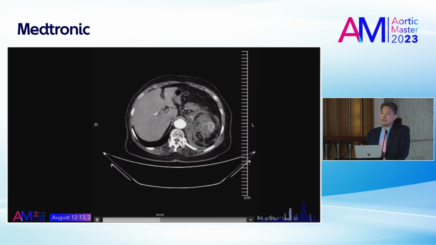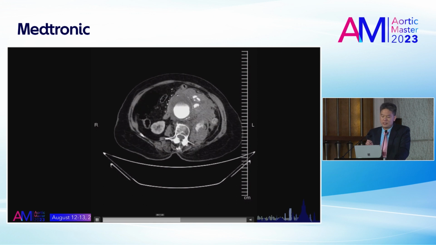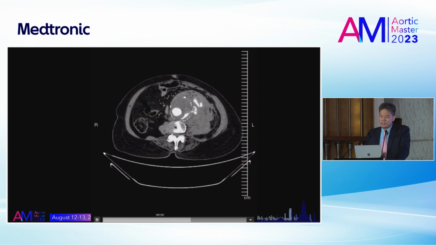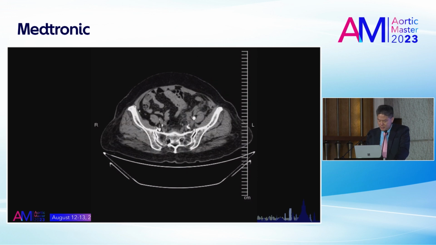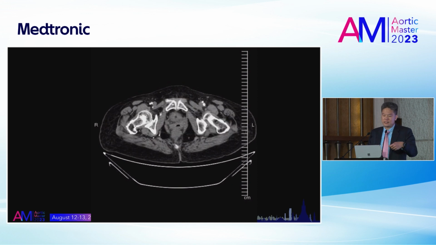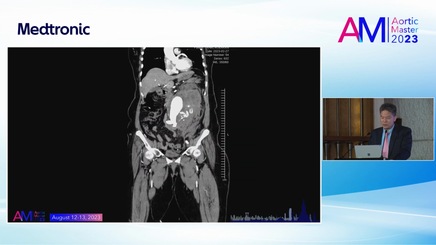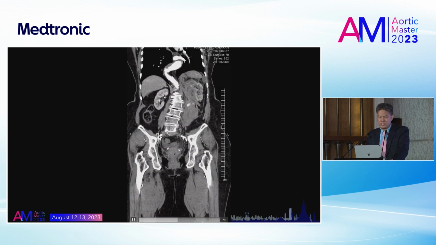Usually, if the patient is symptomatic, we could try to revascularize the iliac limb. But in the rupture case with the patient's syncope, you can see the contrast extravasation from the aneurysm. There's no time for revascularizing or recannulating the external iliac, so we decided to do an aortouniiliac procedure for this patient.